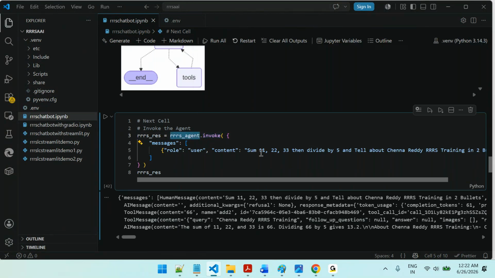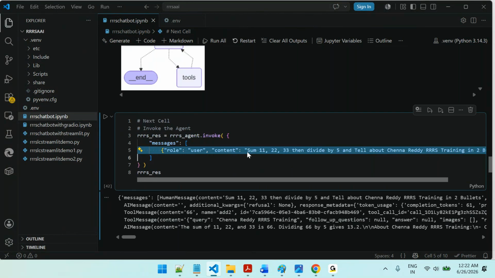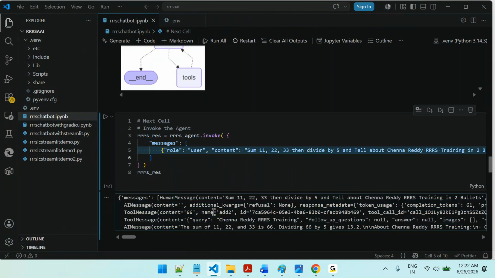Invoke the agent with this prompt. If you see the prompt: sum 11, 22, 33, divide by 5, then tell about ChennaRRRS in 2 bullets. This is the user message. Then when you execute it, this is the response you are getting. And yesterday, you remember, if you see this,